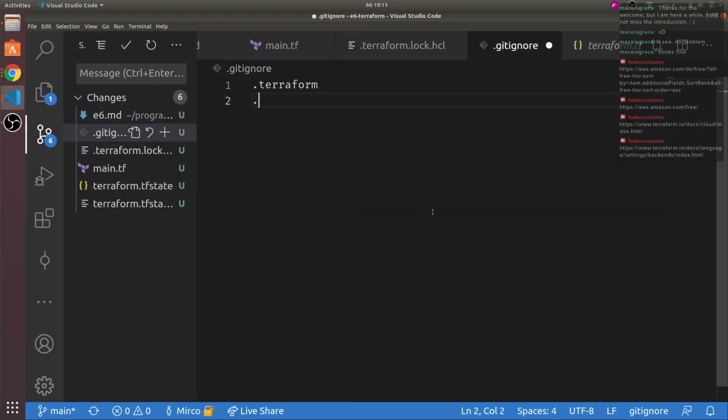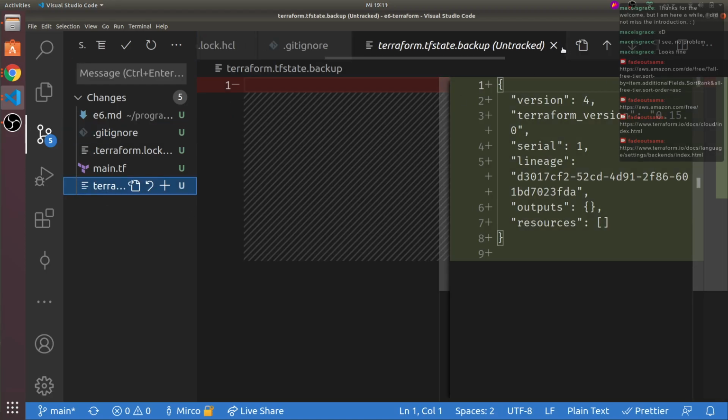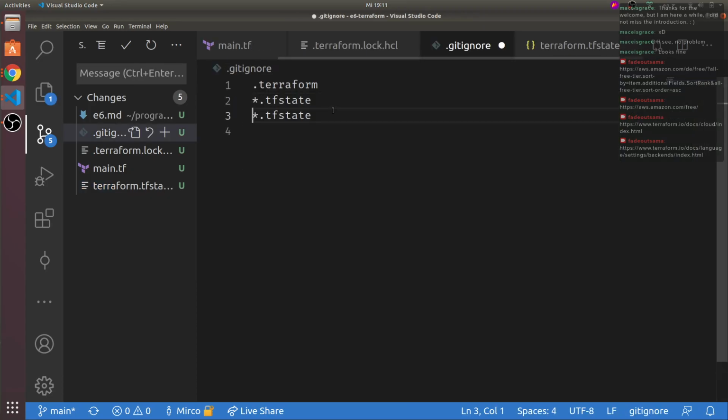Let's put .terraform and *.tf state inside of here. Why are you not? Because it's .backup. Okay. Star. Yeah, that works.